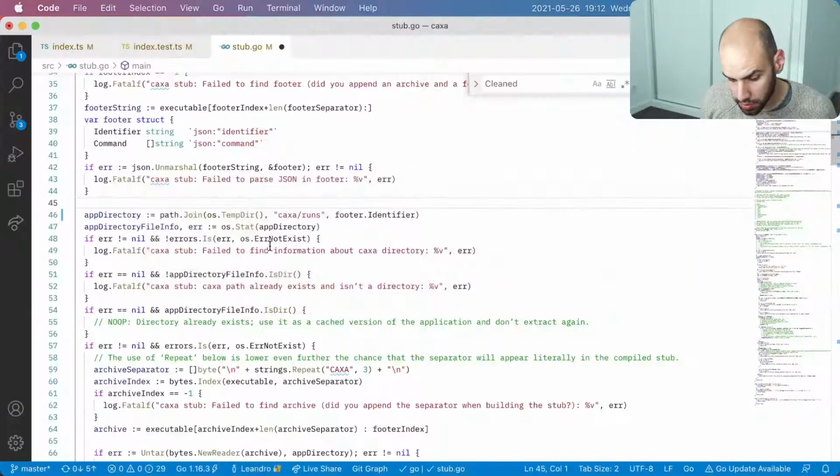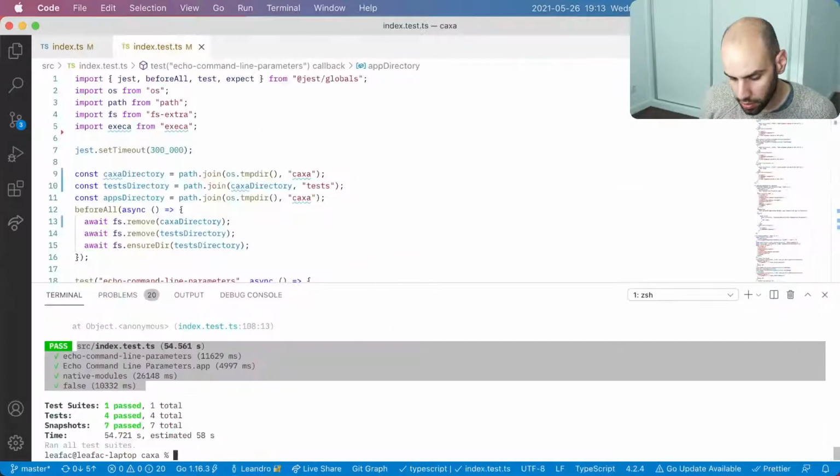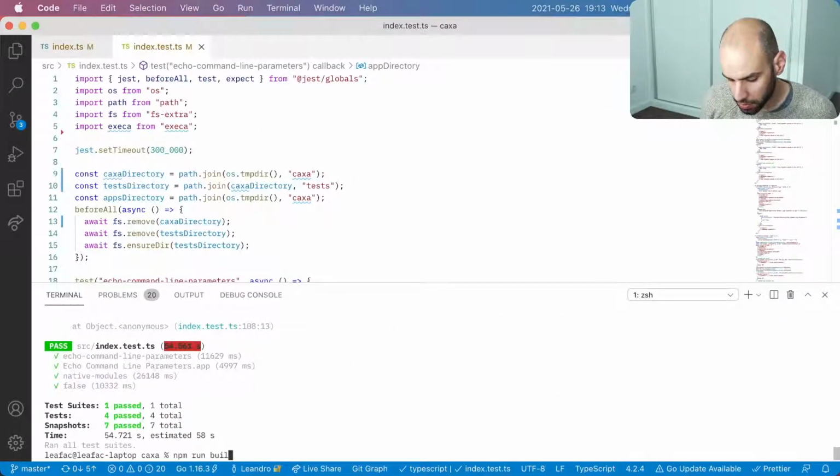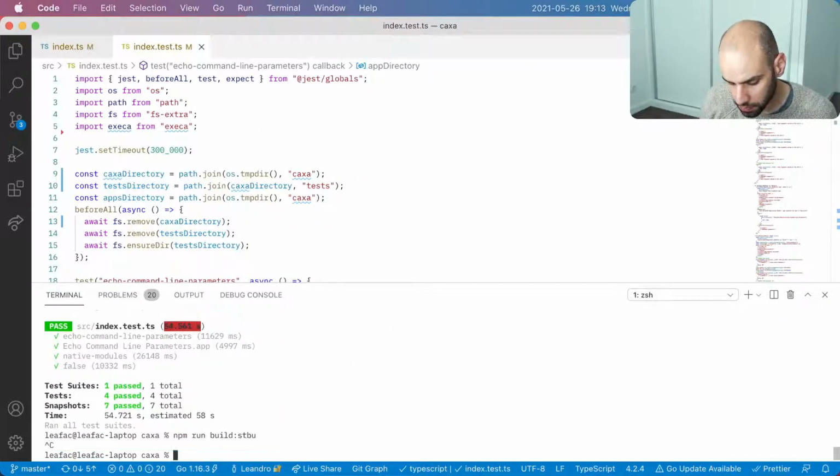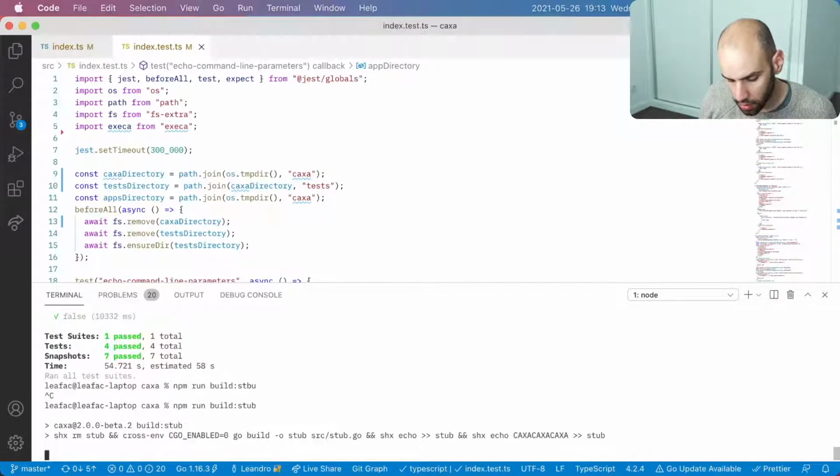I like that symmetry. And because I changed the stub, I will need to npm run build stub to get a new binary to work with. And now I can run my tests.